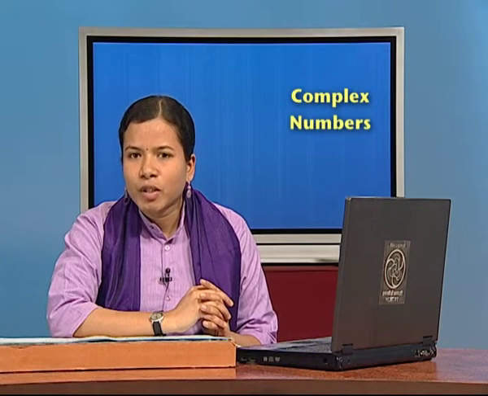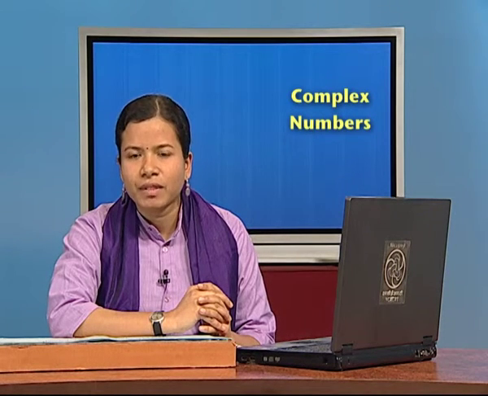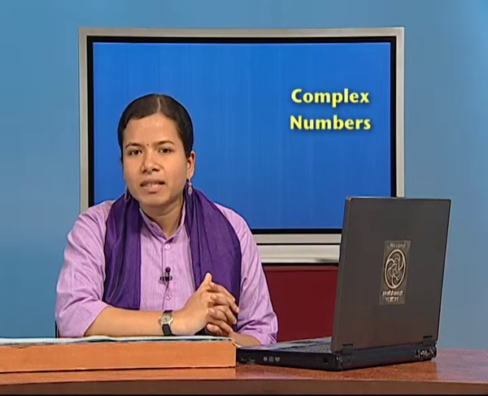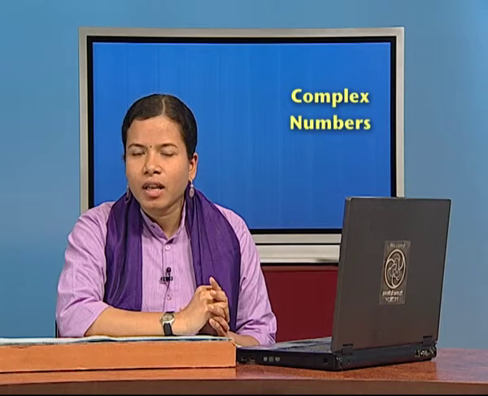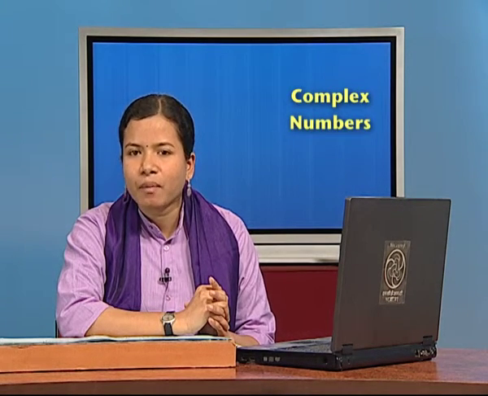Now the third possibility is that both real of z and imaginary of z are 0. In case real of z is 0 as well as imaginary of z is 0, it means a is 0 and b is 0. And when we put the value of a and b in z, we can see that z will be nothing but 0 plus i times 0, which gives us the result 0. It means that when we have real part as well as imaginary part 0, then the complex number itself is